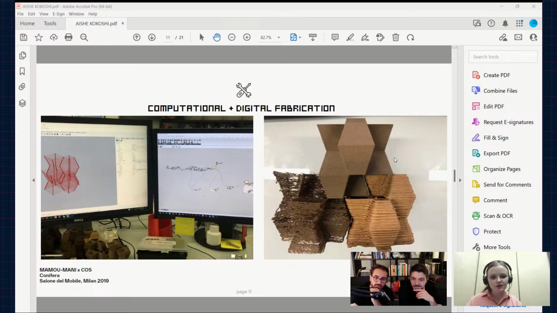At that moment they were working on something like that, but I had to take that research and use it for a very large scale project and make it work in architecture. So we won, and we are going to start, I think, next month or so.